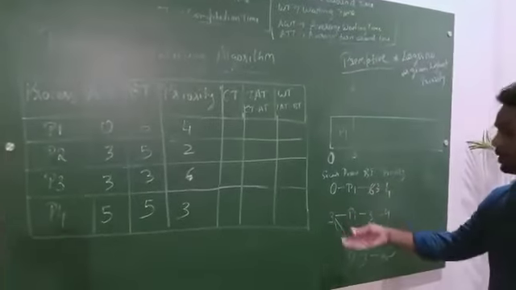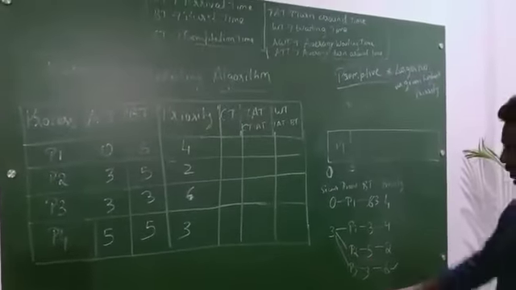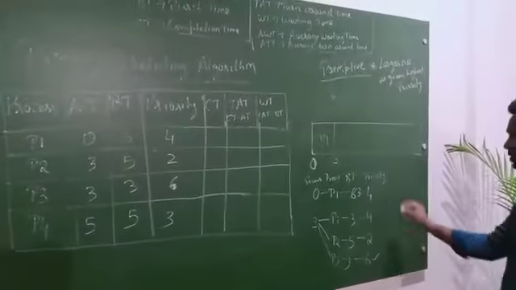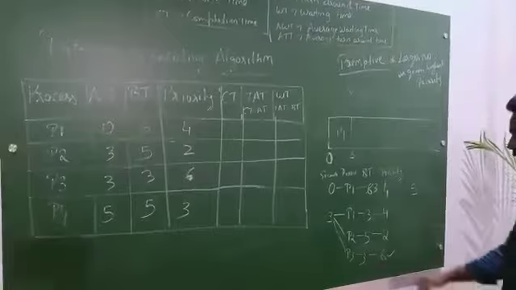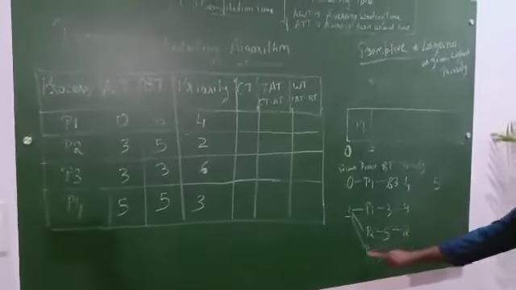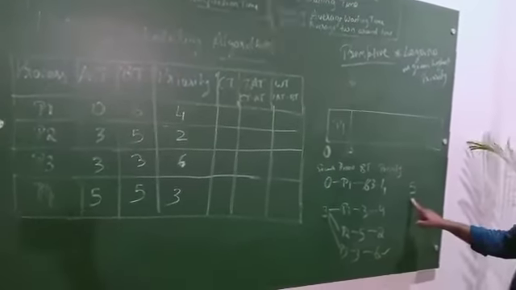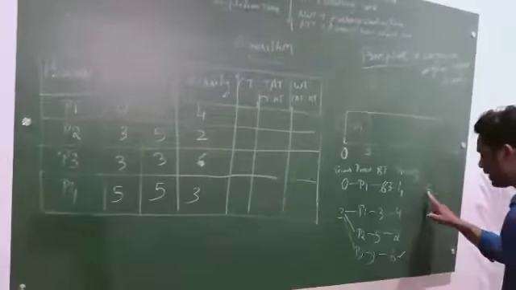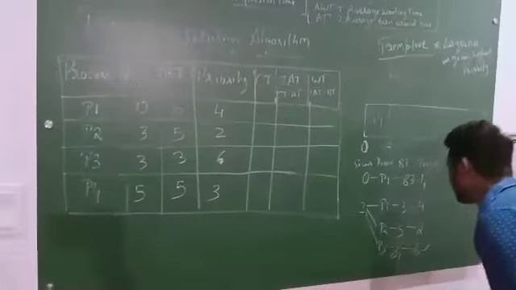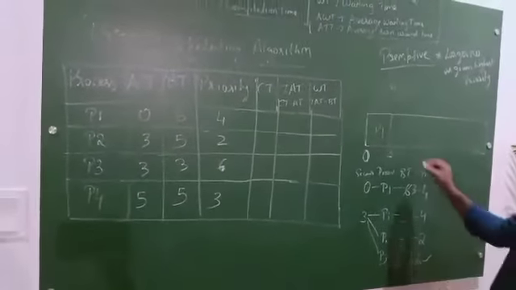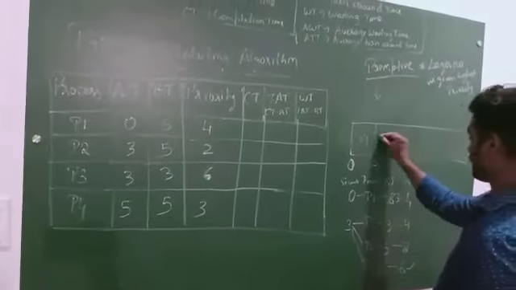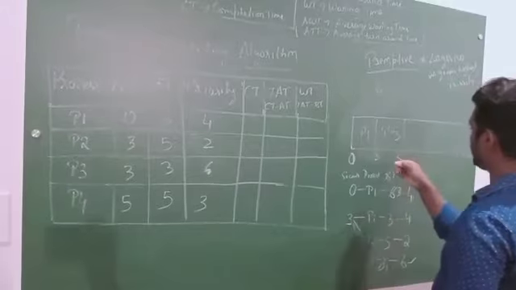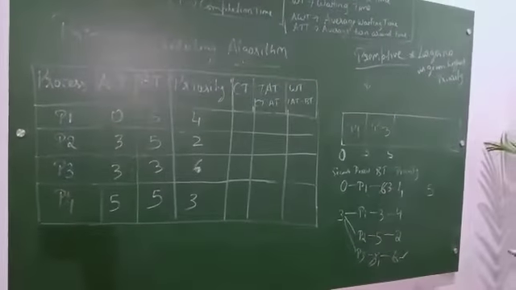Till how many seconds does it have to execute? To make it your 5 seconds. So to make 5 seconds, which can execute? Your P2 process. Sorry, P3 process has to execute to make what? 5 seconds. So it is having burst time of 3. From 3 to make it 5, it should execute how many seconds here? 2 seconds. So P3 is going to execute for 2 seconds to make it 5 seconds. Hope you are clear now.